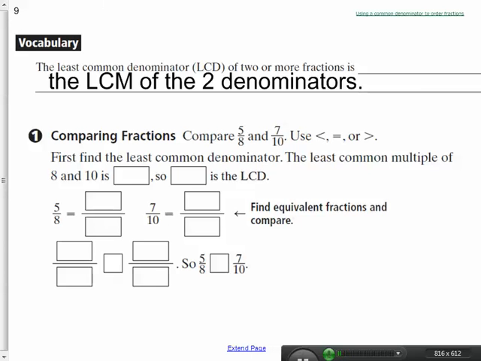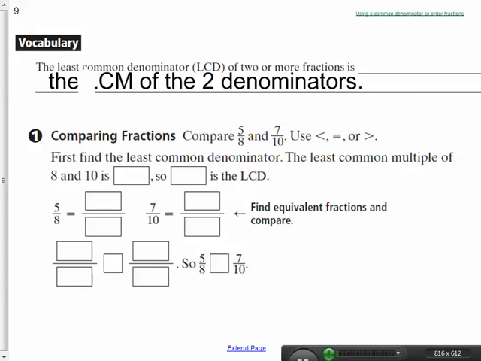All right, today we're going to be looking at anything with a number 9 in our notes packet over patterns and variables. What we're going to be looking at today is using the least common denominator of fractions to help us compare and order fractions. So we're using a common denominator to order fractions. Now, a common denominator,